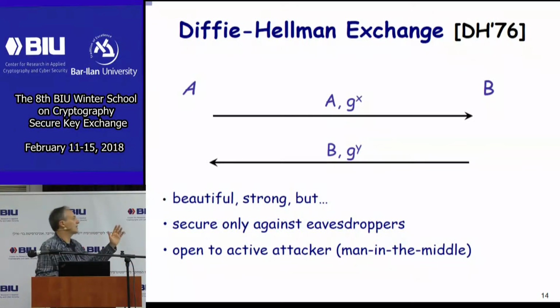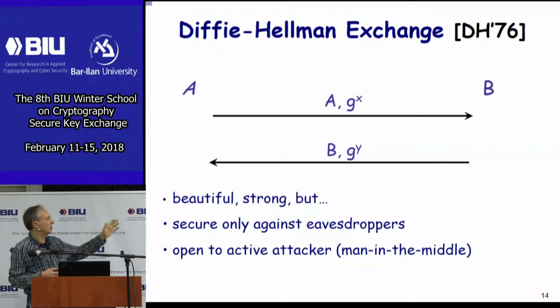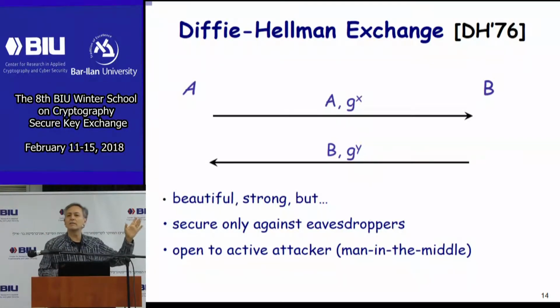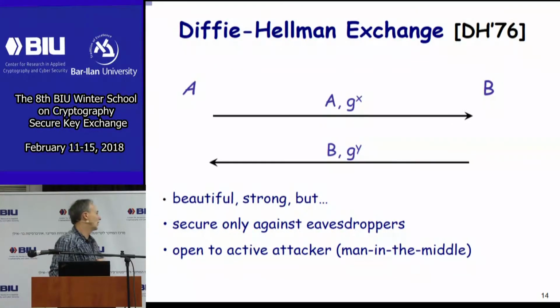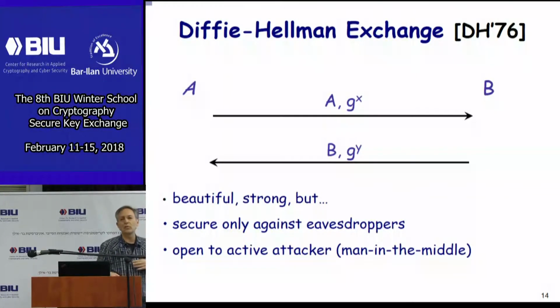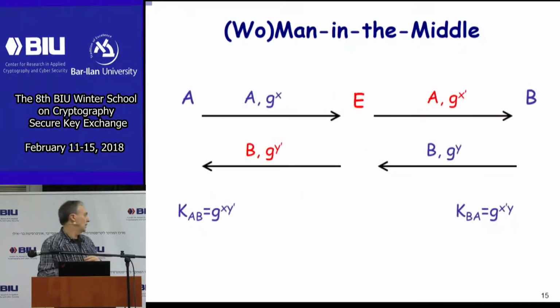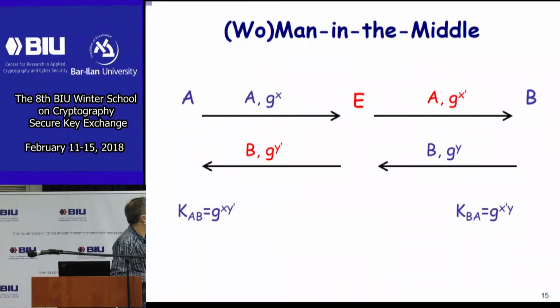Okay, so this is the original Diffie-Hellman key exchange from 1976. A truly beautiful protocol, but it's only secure against eavesdroppers, and it's open to man in the middle. Simply, Eve, as a woman in the middle,